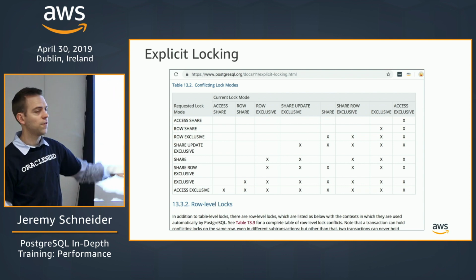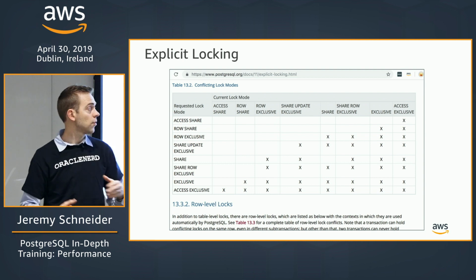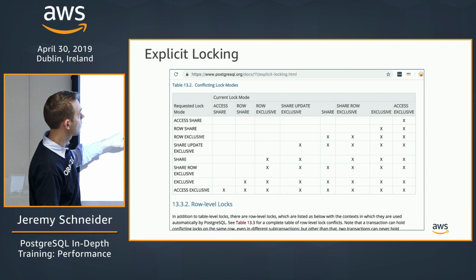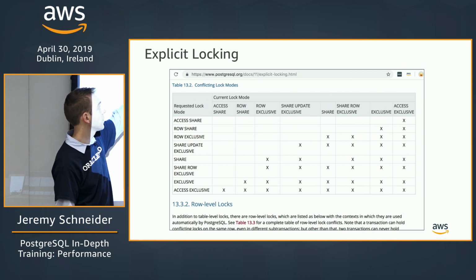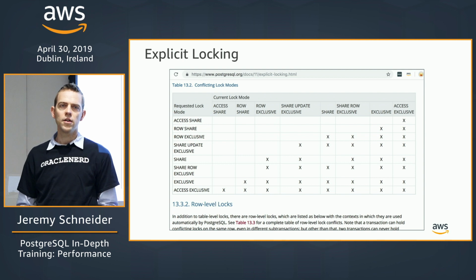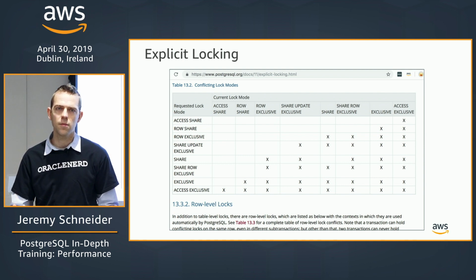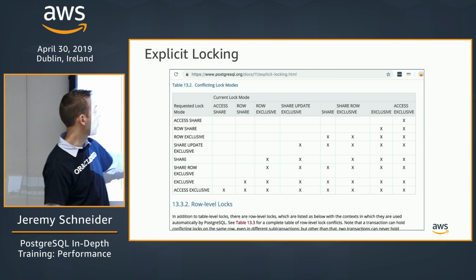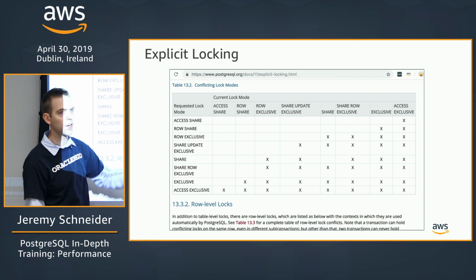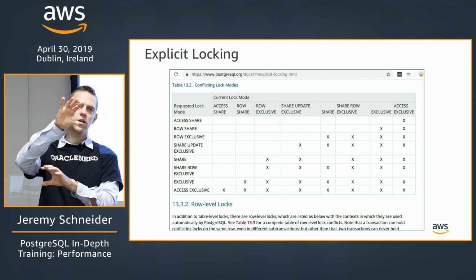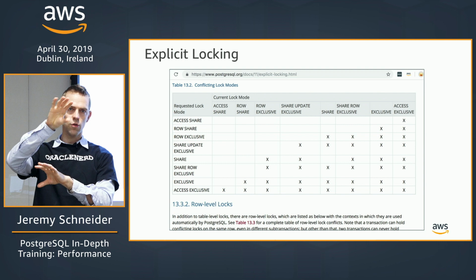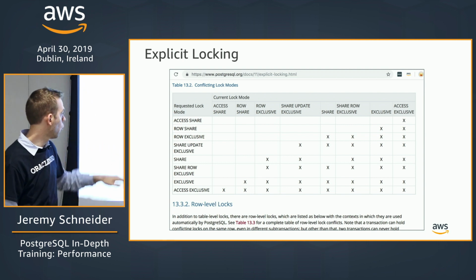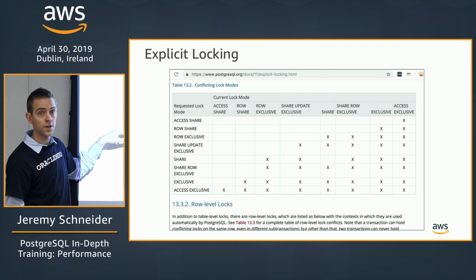So what that means is, if one person wants to lock a table in exclusive mode and somebody else is trying to lock the table in access share mode, they both can get the lock. That's not a conflict, so they both can have the lock at the same time. However, if somebody has an exclusive lock on the table and they want a row share lock, there's a conflict. So they'll have to queue. They'll have to wait, and whatever the operation is will pause. And once the operation with the exclusive lock finishes,